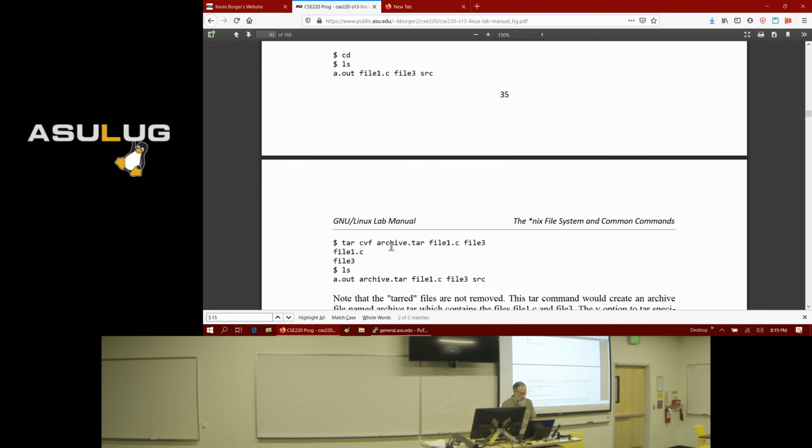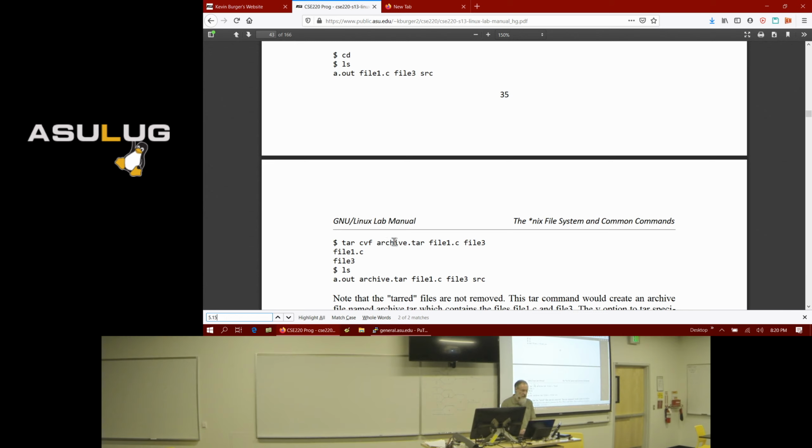So you can do tar. c stands for create. v stands for be verbose. I'll show you what that does. And f stands for file. So the f option is followed by the name of the tar file that you want to create.